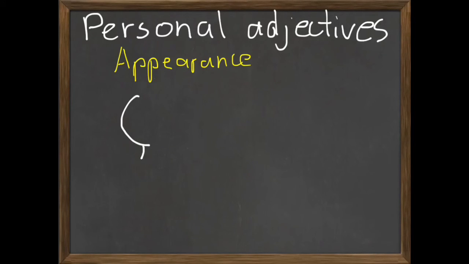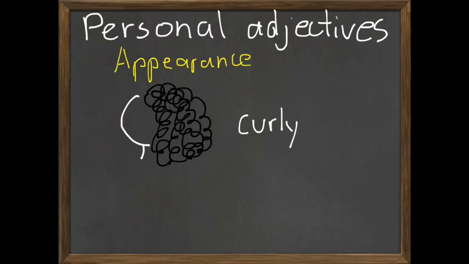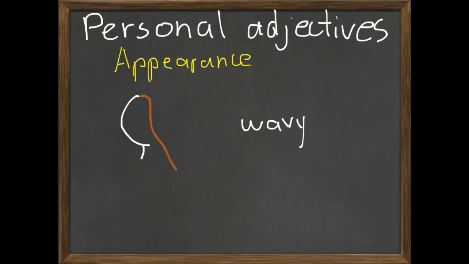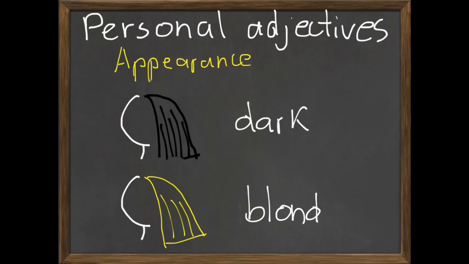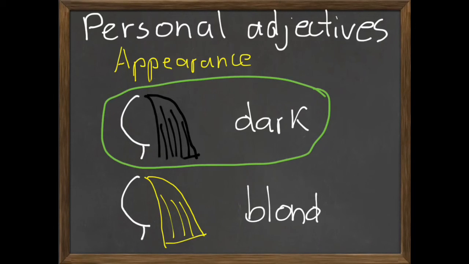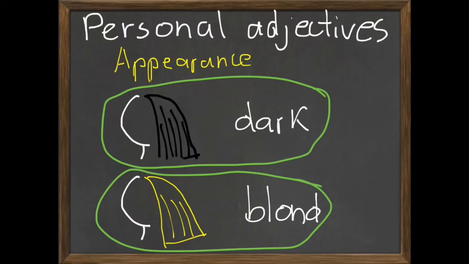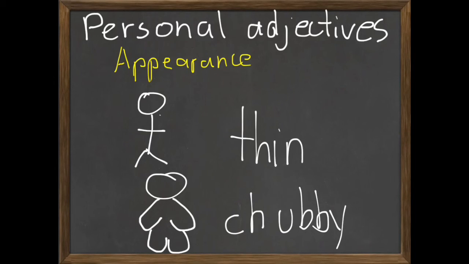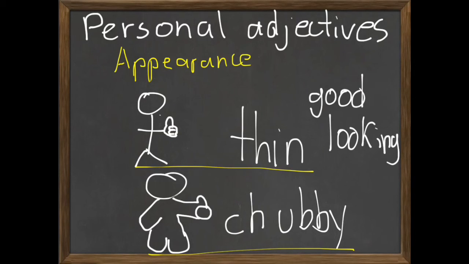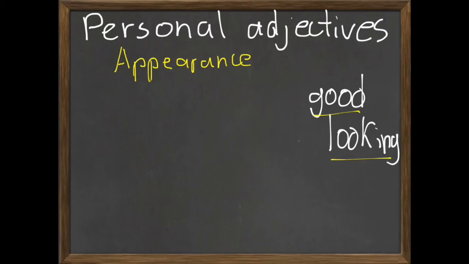First, let's look at appearance and some hair. Curly hair, wavy hair, straight hair. And here we have some straight dark hair and some straight blonde hair. A person can be both thin or chubby, but they can both be good looking or not. It doesn't really matter how good looking you are, because what matters is